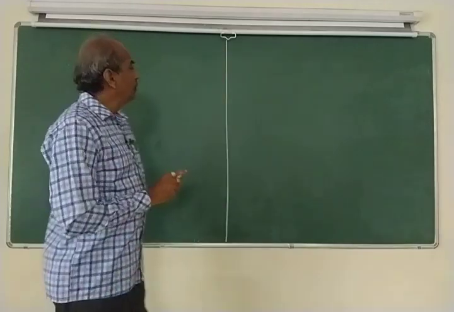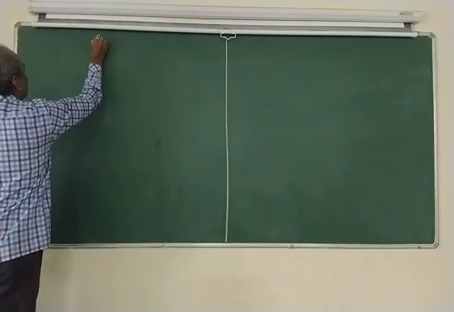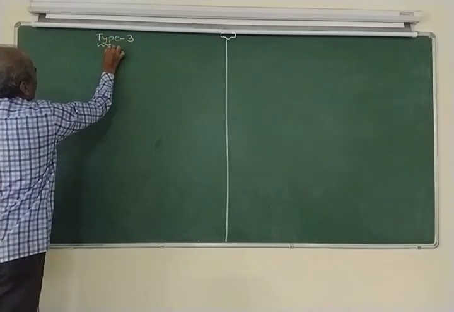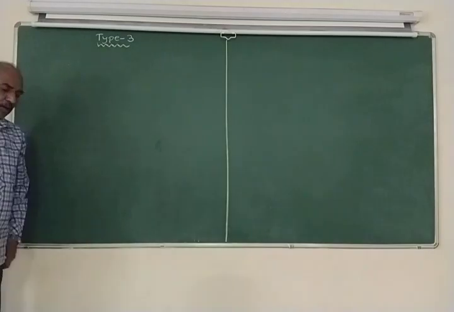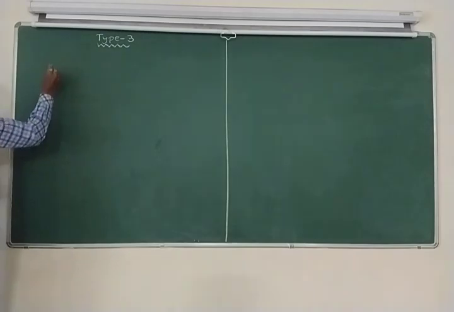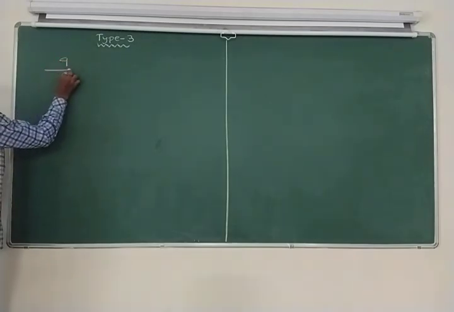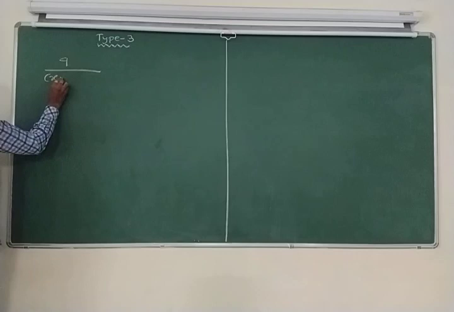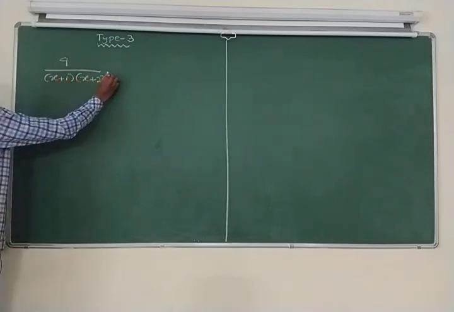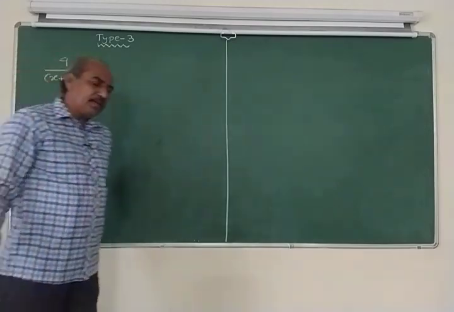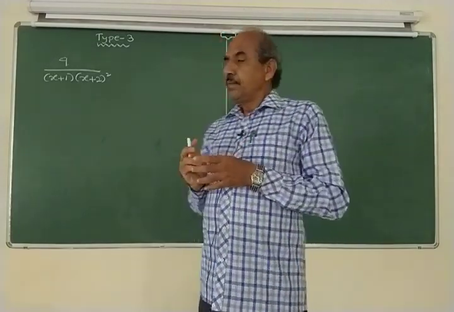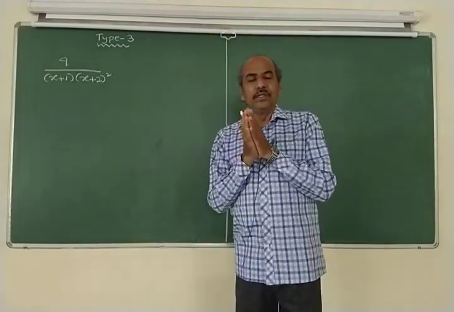Okay. Now, type 3. Today let us discuss how to resolve into partial fractions when the denominator is the product of a linear and a repeated linear factor. Linear and repeated linear factor in the denominator. Now, when it is given like this, I told you in the last class,